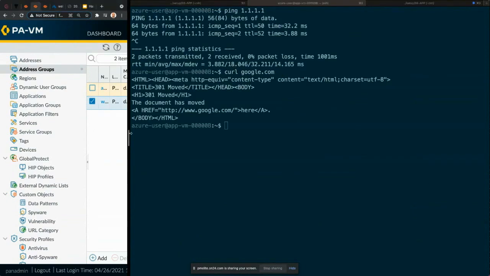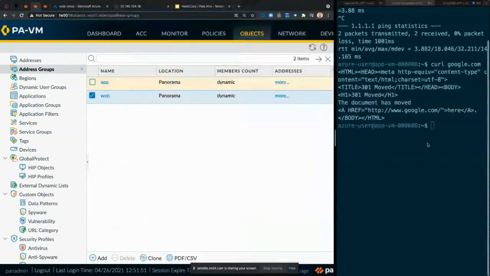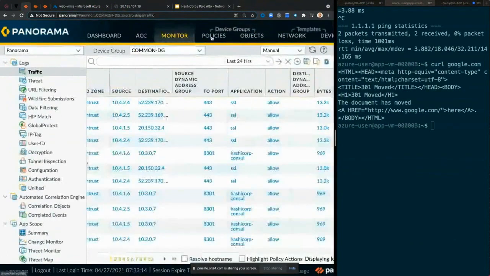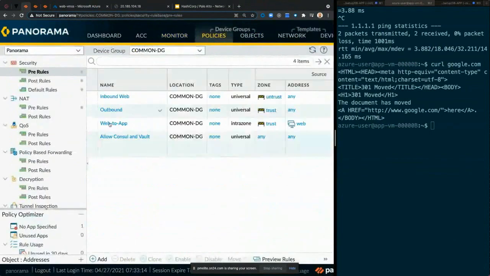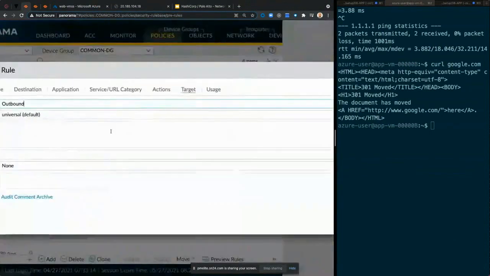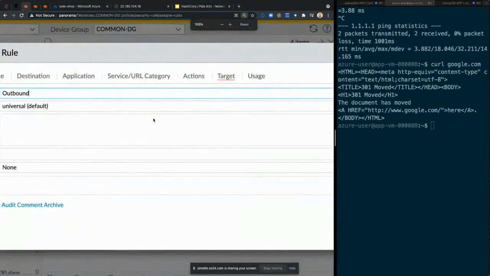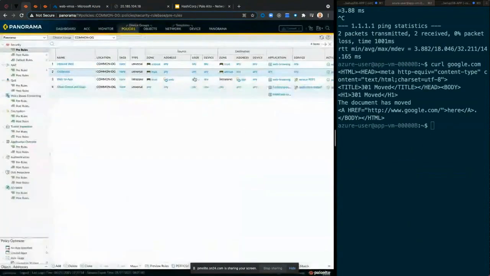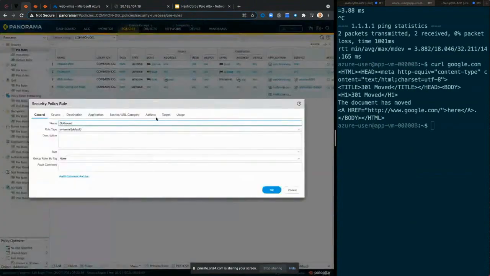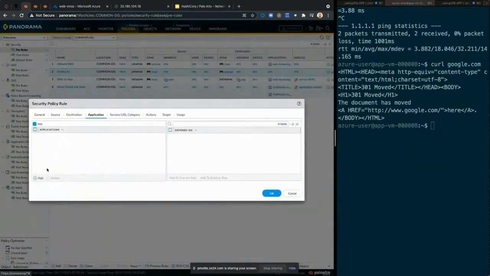So just to demonstrate how easy it is to control this kind of behavior, if you go back into that outbound rule here. So this is an outbound rule. So this is pretty much allowing any kind of outbound traffic. So I can be very, very granular, and I can say, I only want to allow web browsing.